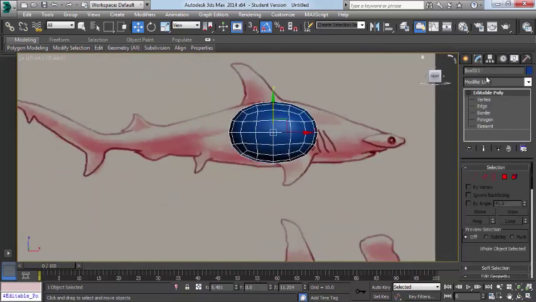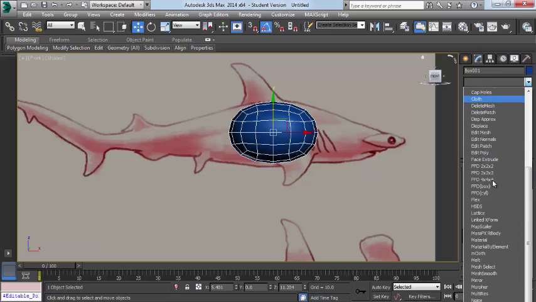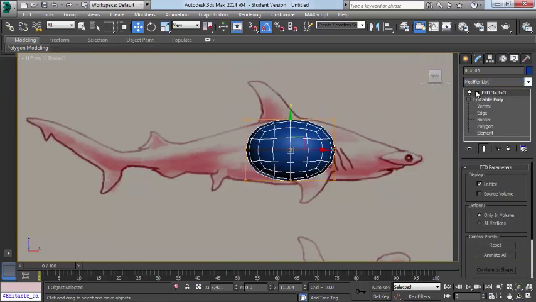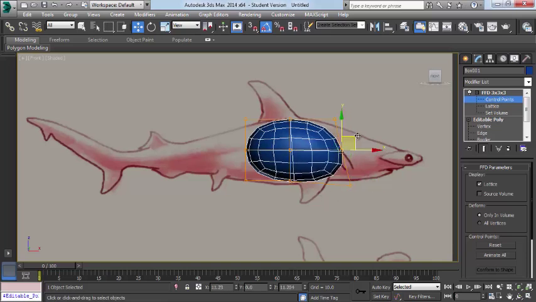But the downside is, which I'm going to do, I'm going to apply an FFD to this. If we don't know about FFDs, this should show what they do. It's a modifier, and what it does is it'll create a little lattice. I'm using a 3x3 one, which means it has 1, 2, 3 segments in all directions. So I can grab these control points and modify it as if it's a really simplified little box mesh. And I'm just going to drag this out to